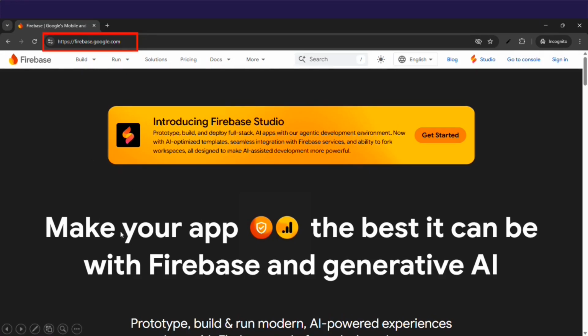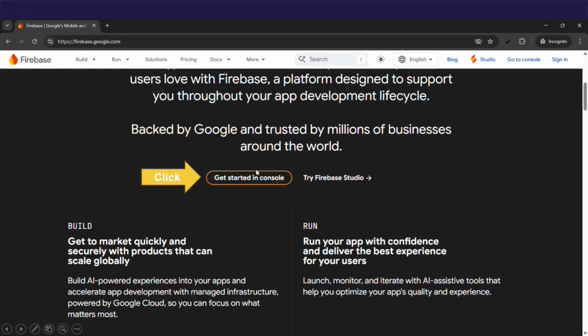Now this is my home page and I have to scroll down. You will get this get started in console. There is a Firebase Studio, but we will use the Firebase console. So here you will get this button, get started in console. So you have to click on this button.